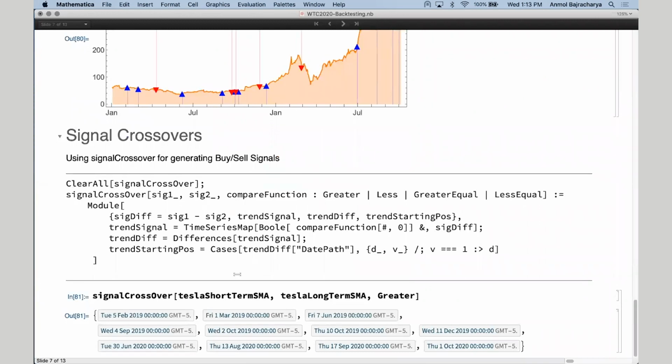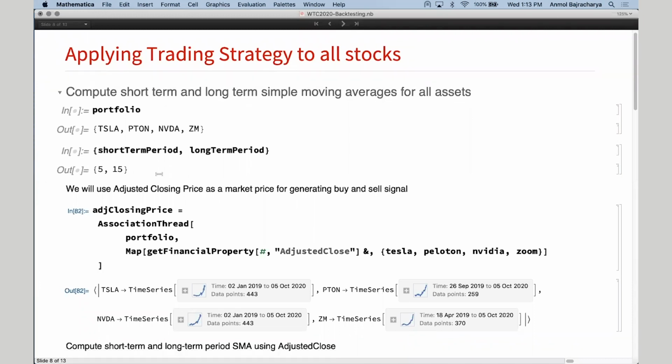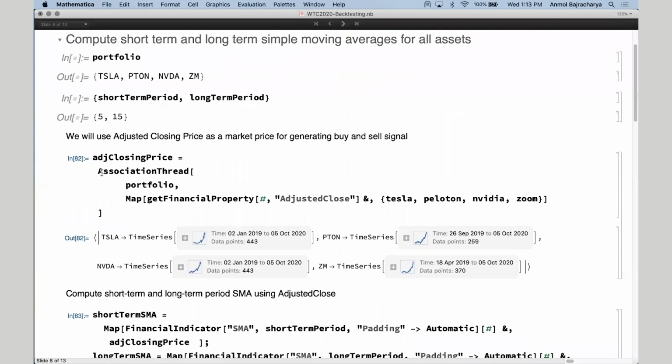All you have to do here is provide the short-term moving average, the long-term moving average, and the compare function, and it will generate the trades, the dates. So now we are ready to apply this to all the stocks. In my portfolio, I have 4 stocks, and I'll be using the same periods for computing the moving averages. All I'm doing here is extracting the adjusted close price